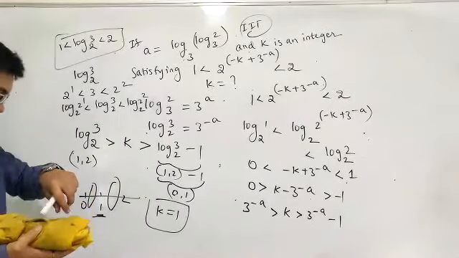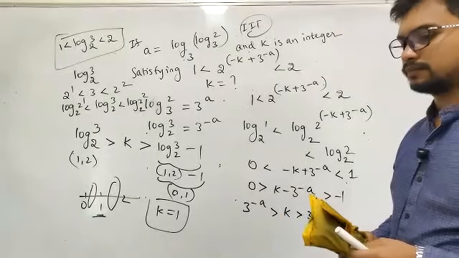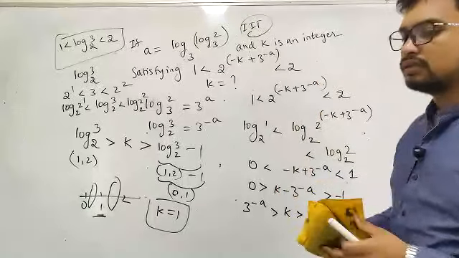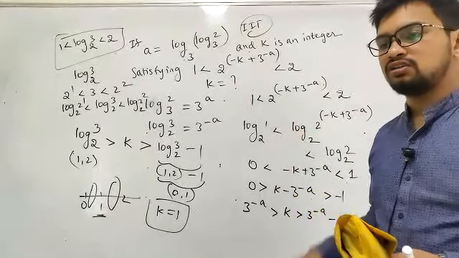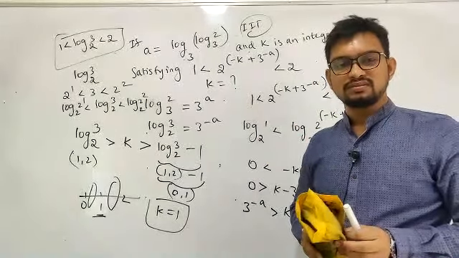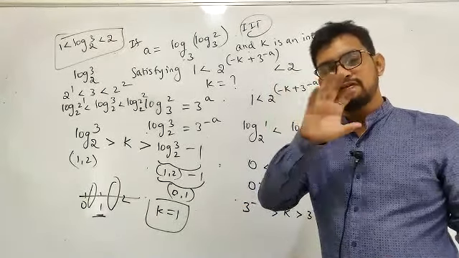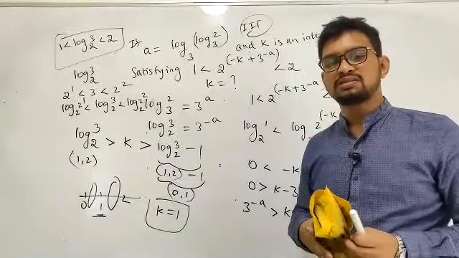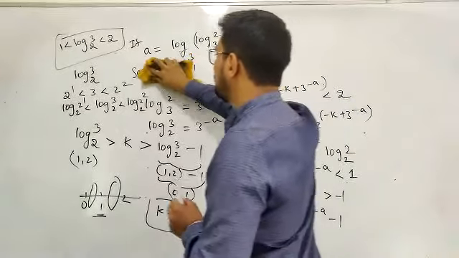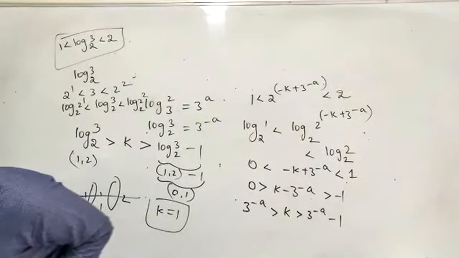Hope this is clear. Make it fast. So the answer for this will be k is equal to 1, and someone who has not written that, please try to take a screenshot. I'll be going a bit faster because I want to finish off this logarithms by tomorrow. We are learning at a perfect pace. We need to maintain that pace always. Hope this is clear. So the answer for this is 1, and this is again your previous IIT asked question. Next.